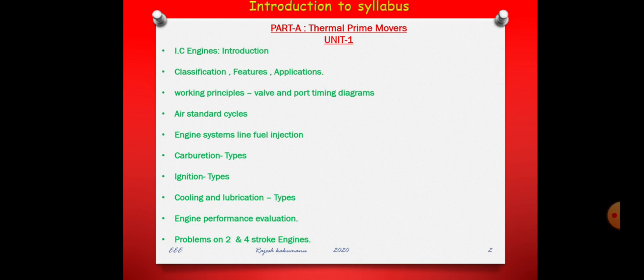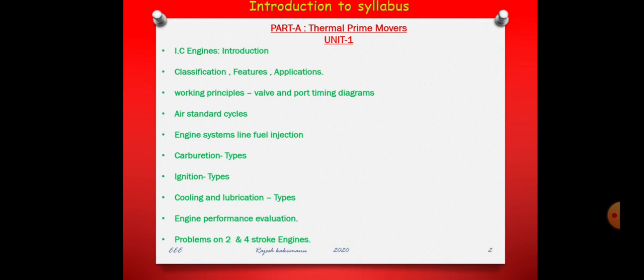Next, ignition types. What is the meaning of ignition? For example, in the kitchen you can see the stove and the igniter. Whenever you switch on the burner, LPG gas comes out through the holes. How do we light it? We require an igniter, that is nothing but a torch, so that the gas ignites.